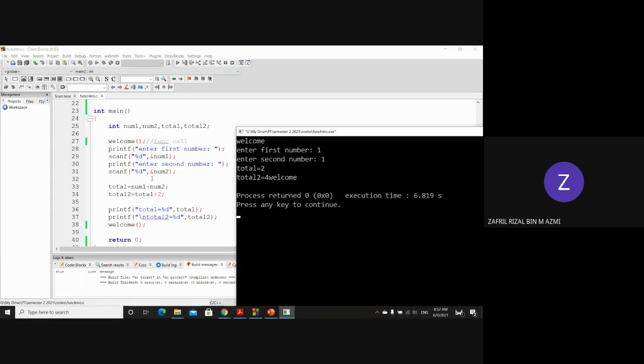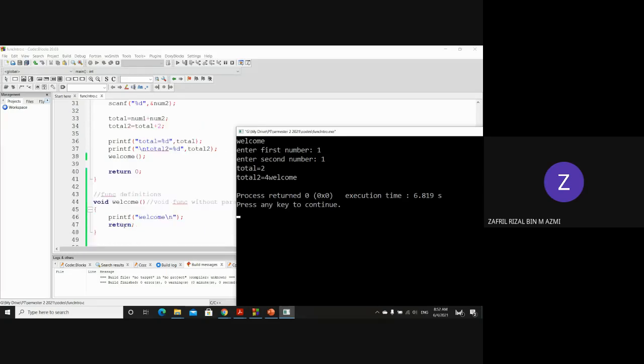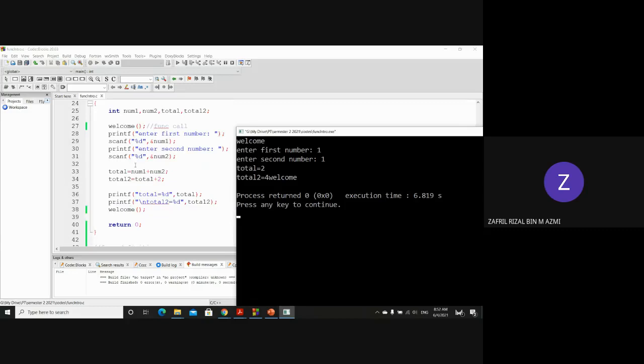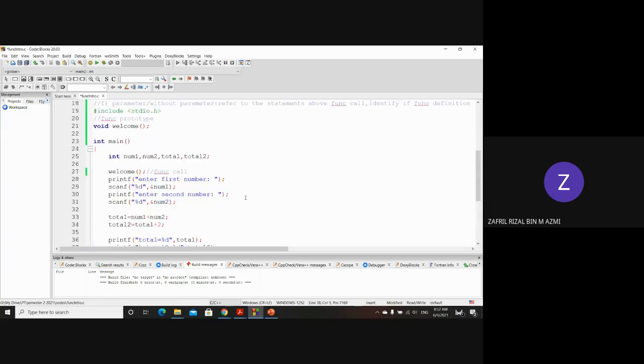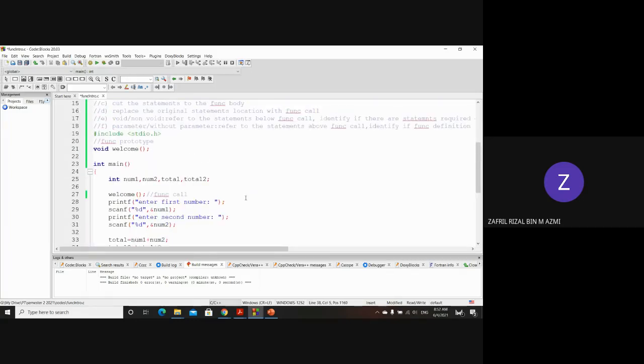Okay, you understand, guys? This is where reusable is applied. One function you can call many times in your program. So it is reusable. Understand, guys? Yes, sir. Alright, let me delete this. So that's just one example of reusable. Next, let us move on to the second type of user defined function,